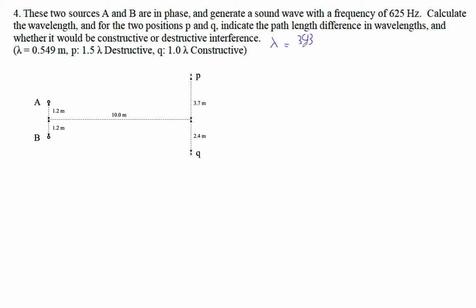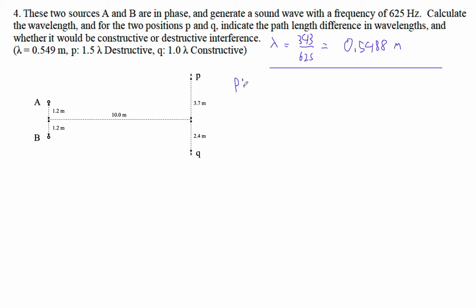343, since it's sound, over 625. 343 divided by 625 is 0.5488 meters. All right. So that is our first step: you got to figure out what that wavelength is, right? Okay, and then for point P,